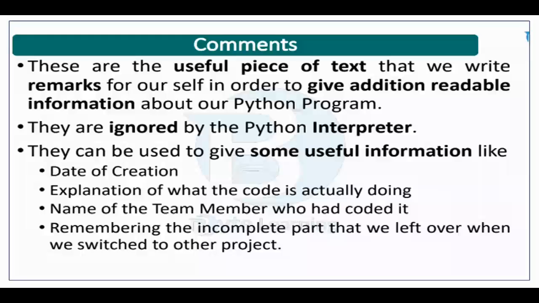Whenever you write comments, they are not doing some calculations or any programming related task. They are added in your program just to give some useful information. For example, if you want to store the date of creation of your program in the program itself, you can put it in comments. You want to explain what the code is, how it is created, why it is created, for which purpose, when, and how it will work. For all this information and description of your code, you can add it through comments. The person who has created it, and the team members who have created it, can also be inserted in this.